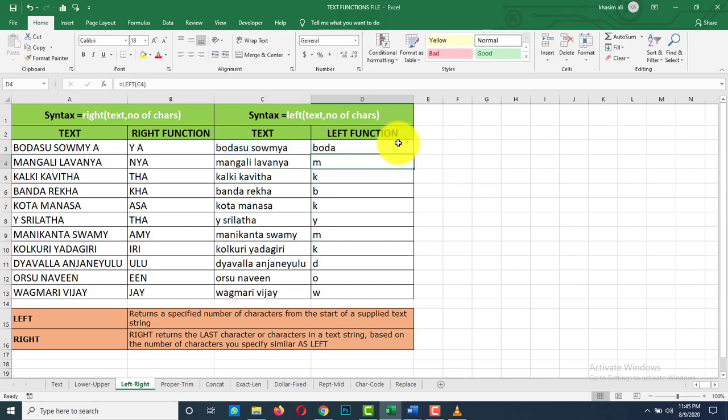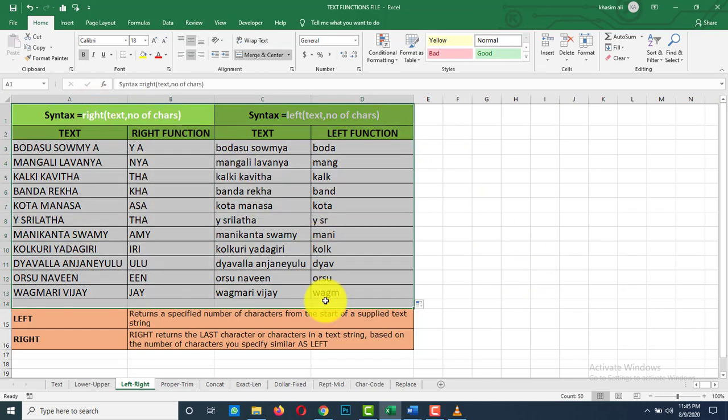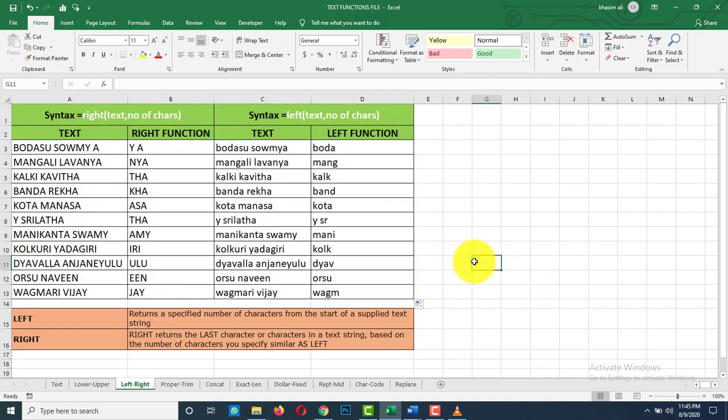It retrieves the starting 4 characters from your text string. It counts the blank space also. With these two functions we can retrieve the rightmost values or leftmost values from a text string.